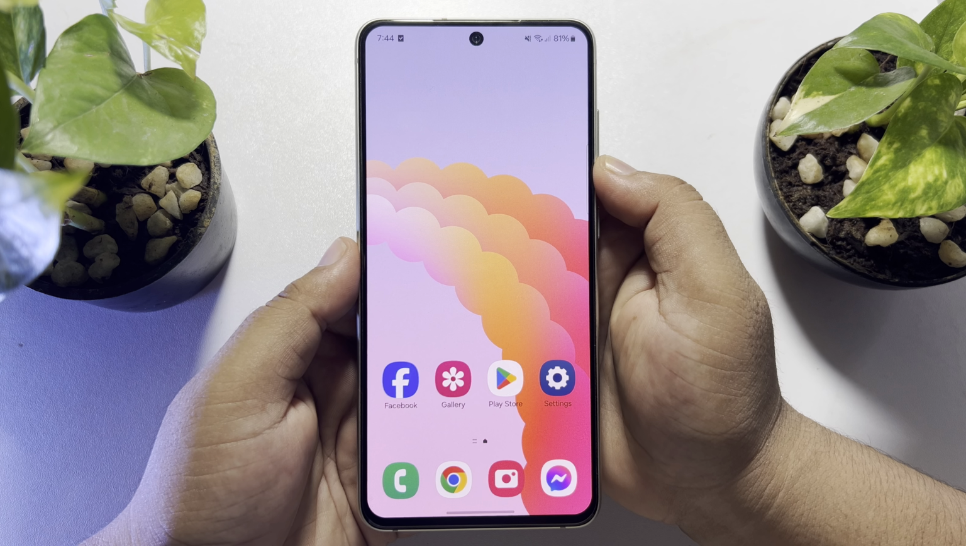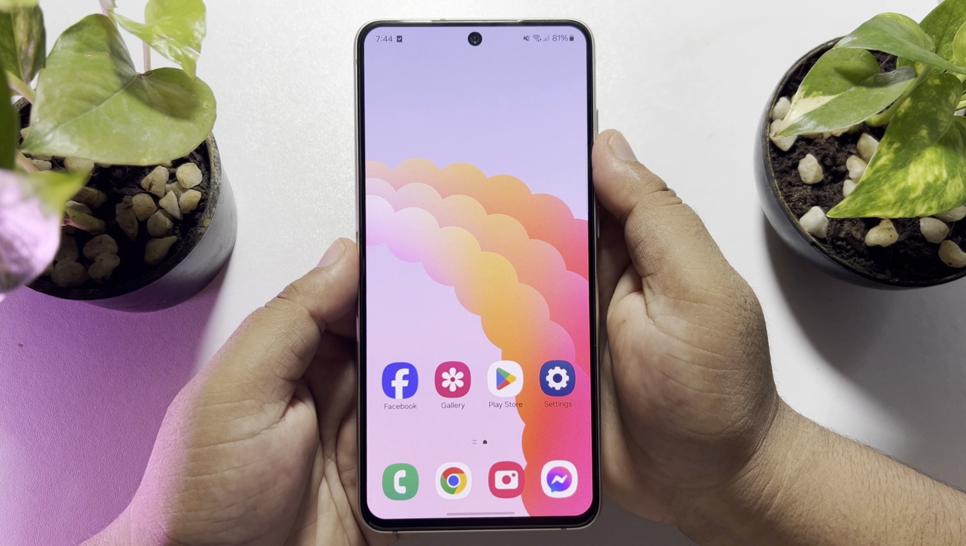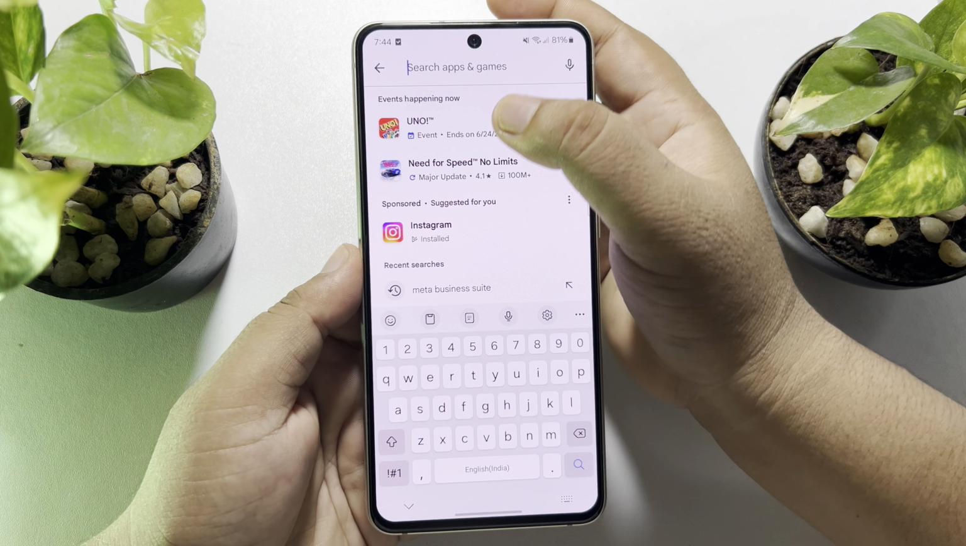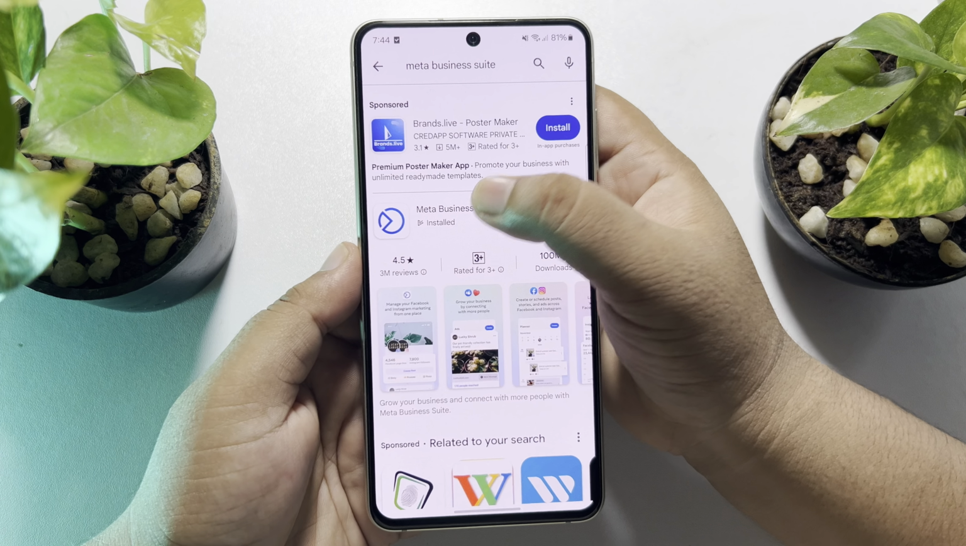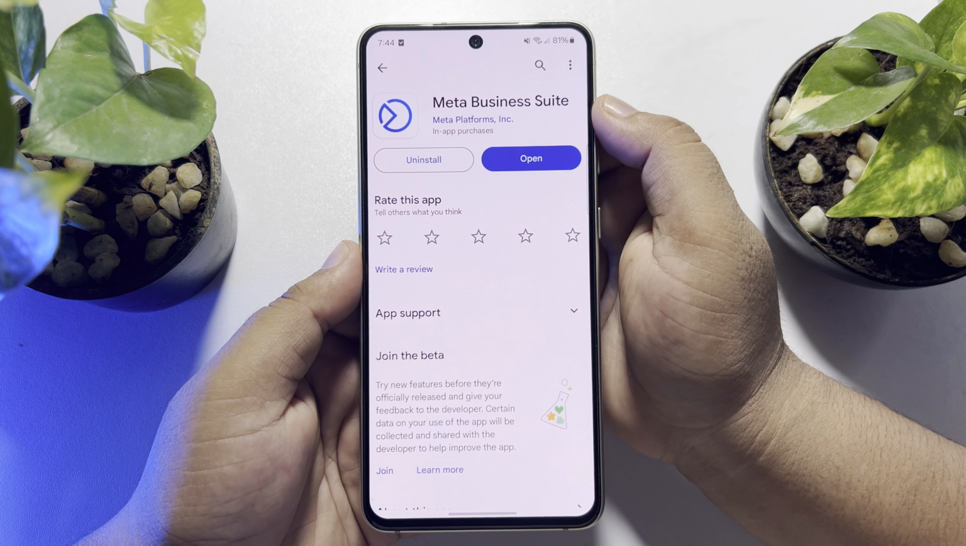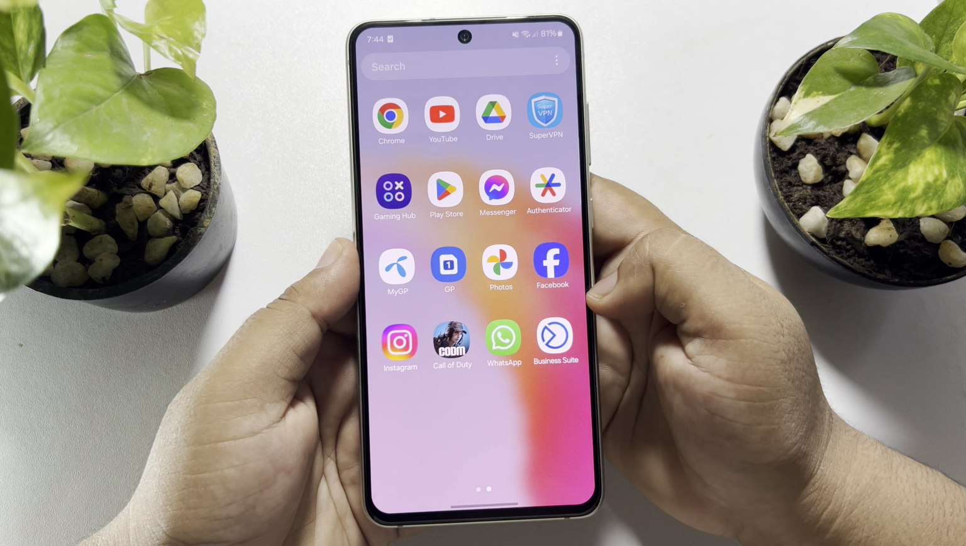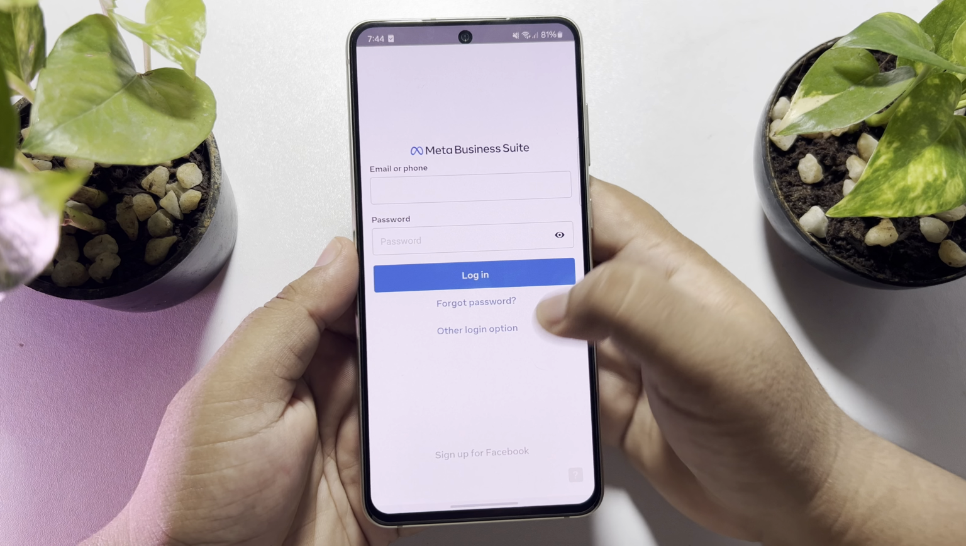First of all, we have to install the Business Suite app on our phone. So go to your App Store or Play Store and search for Meta Business Suite, and you have to install this app. Once the Meta Business Suite is installed, go ahead and open the Business Suite app, and